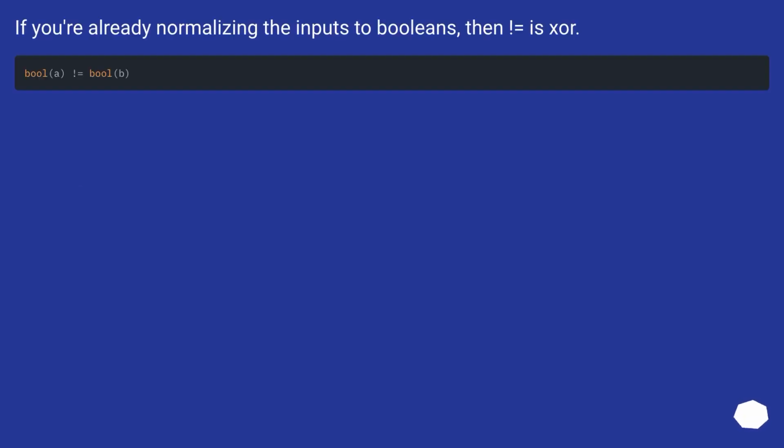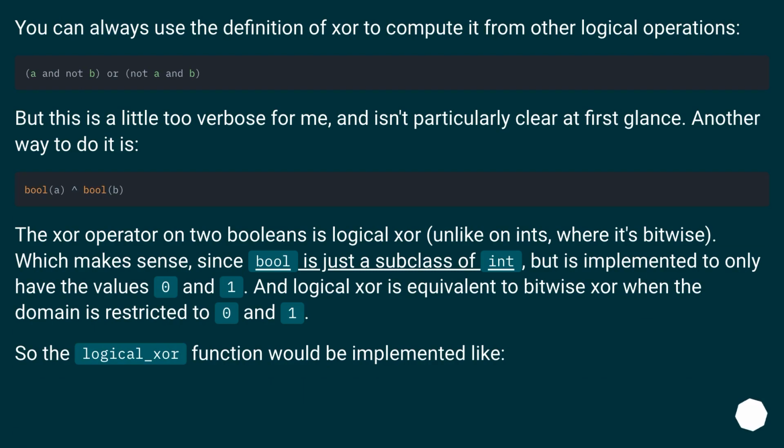If you're already normalizing the inputs to booleans, then not equal is XOR. You can always use the definition of XOR to compute it from other logical operations. But this is a little too verbose for me, and isn't particularly clear at first glance. Another way to do it is